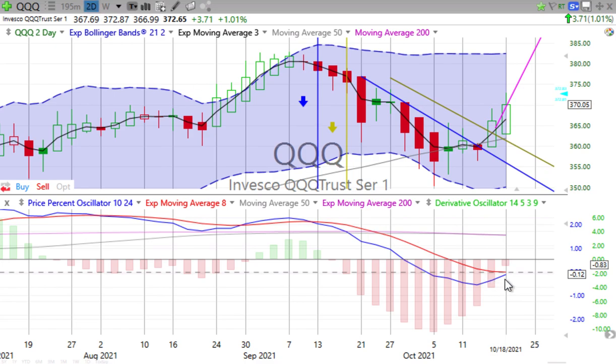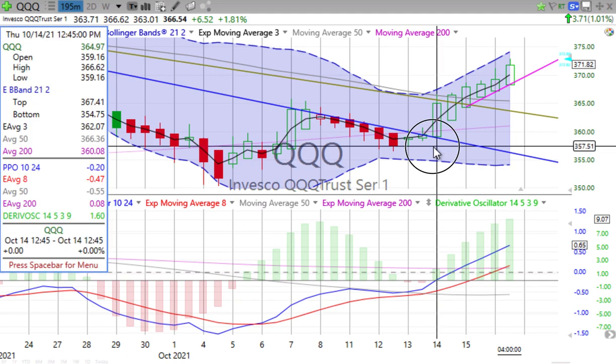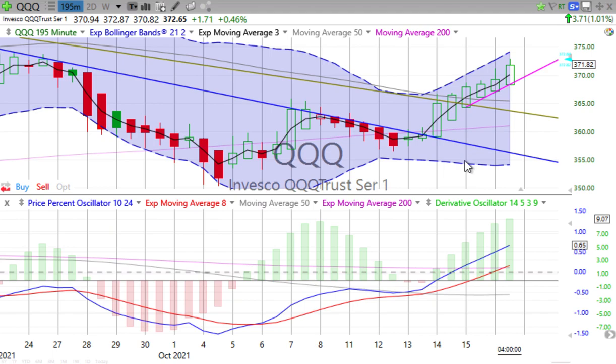What about the 2-day? Hasn't crossed over yet. Trying to. We'll see what happens on Tuesday when the candle closes out. The derivative oscillator still negative also, not going into the green and crossing like we saw on the S&P. But again, 3 days of strong up movement. We'll see what happens on Tuesday. We look at the half-day chart, and we can see 3 days of up movement, up in the morning, further up in the afternoon, blowing through that weekly trend line, and already blew through on Thursday the 2-day trend line